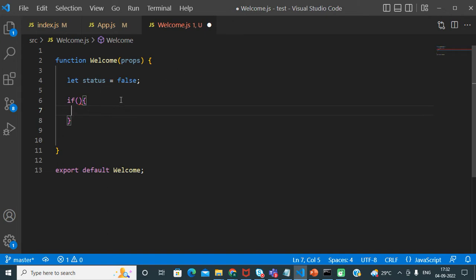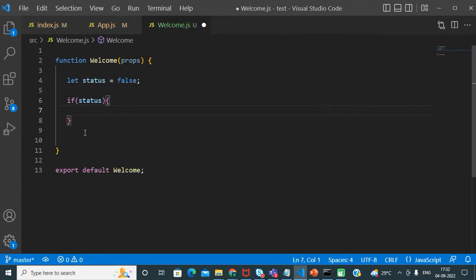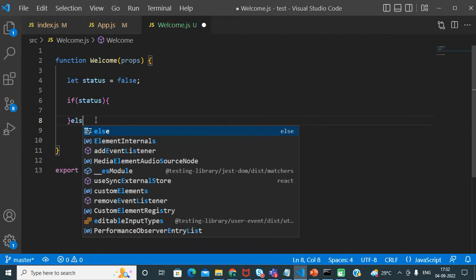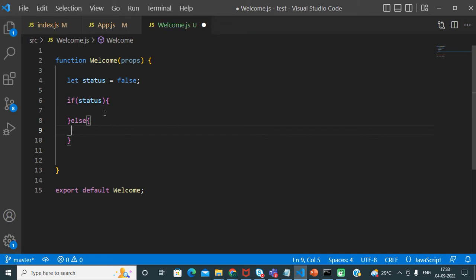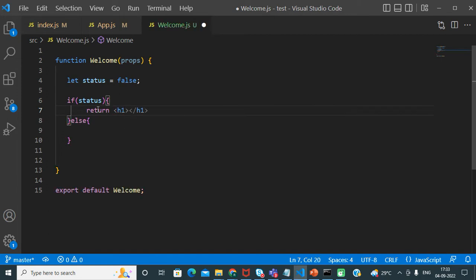Normal JavaScript if else: if status, and else. So if status is true, then we just have to return our expected message, expected JSX, expected HTML from here.